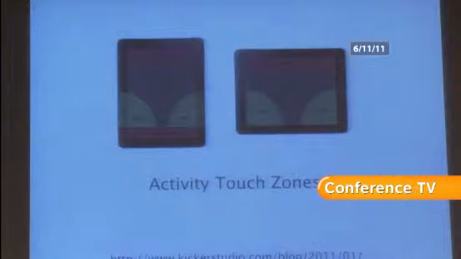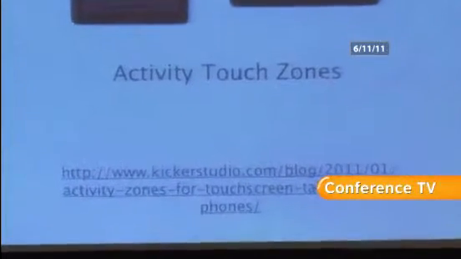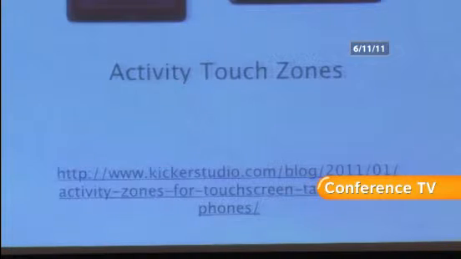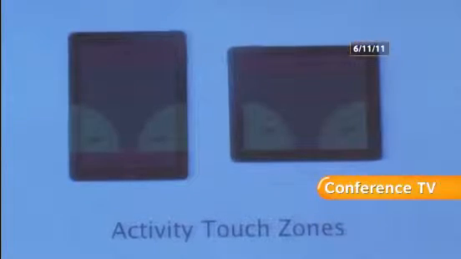Activity touch zones. Believe it or not, there's a link for that as well, but these are what's easiest to operate with. The green areas, or it looks green on my screen, are the easiest to operate, and the ones that are red are the ones that you have to extend and work the most for. Those make sense. They're the ones at the top and the bottom, and the ones usually close to where your thumbs are when you're holding a device are the easiest to hit or operate within.